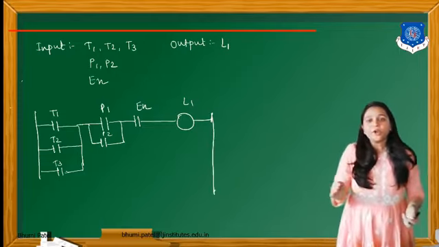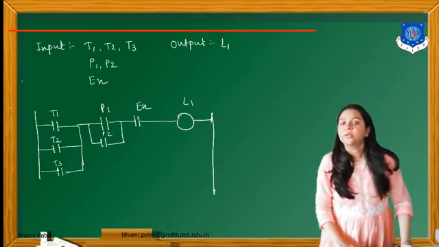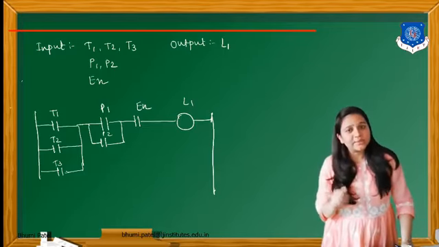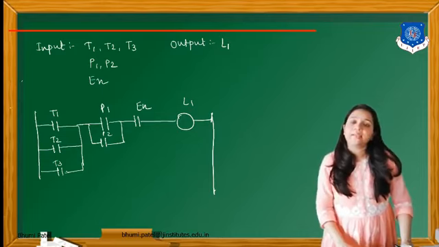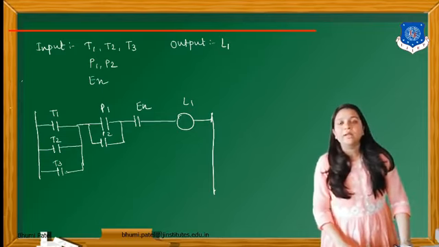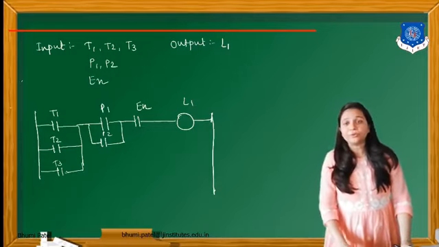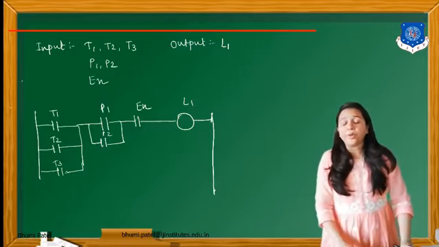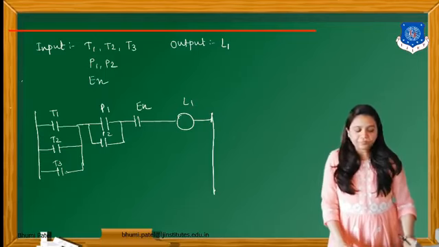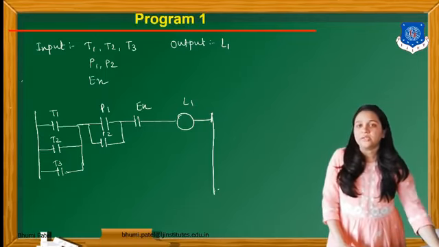If any one of the temperature sensors is on, any one of the pressure sensors is on, and the enable is activated, that time lamp L1 is on. Here we can use normally open contact connections. Now the next one is